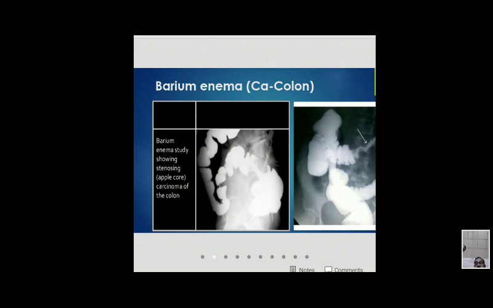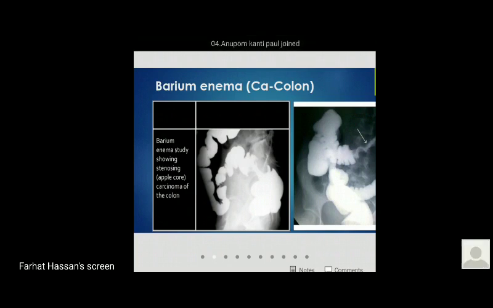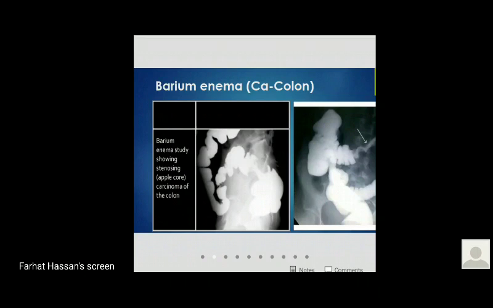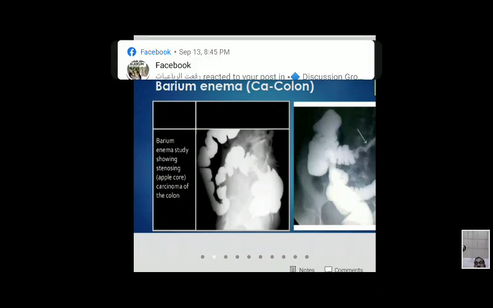Tenesmus is the sensation of needing to evacuate, but the rectum is unable to pass a motion. It's the painful straining to empty the bowel without resultant evacuation. So the patient has a repeated tendency to empty the bowel, and he goes to the toilet, but only passes a slight amount of flatus rather than feces. This is tenesmus. So it's a feature of carcinoma rectum.